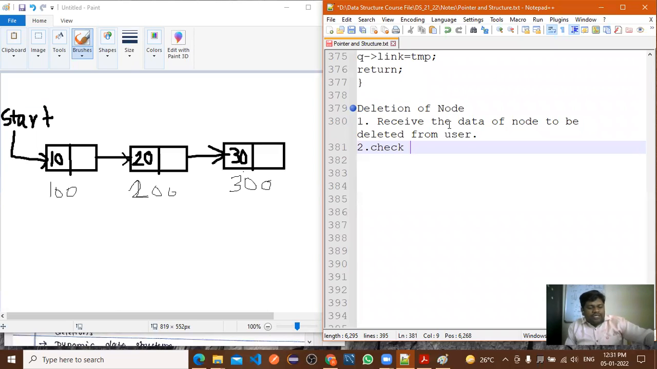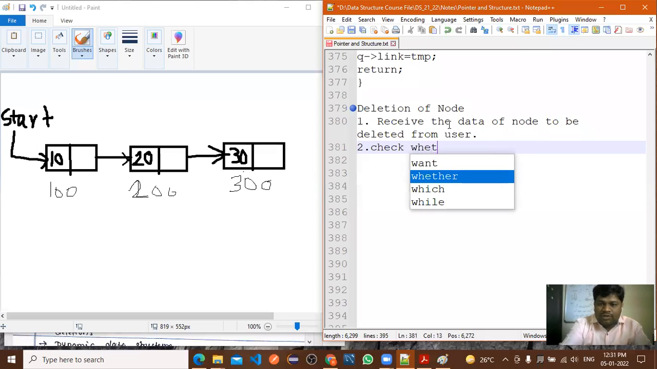Now, first we'll write the condition for, suppose I want to delete the 10. Here I have given the list, and the first element of the linked list I want to delete. We'll write a simple condition first, we'll consider the deletion of the first element of a linked list. Then what you need to do? Check whether,